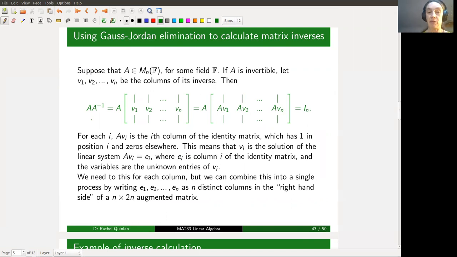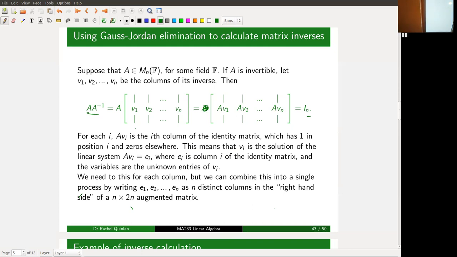And if the matrix is invertible, so if it has an inverse, then we can write down the columns of its inverse. So the matrix multiplied by its inverse, of course, would be the identity matrix. So here we have the product of the matrix with its inverse. Here we have the n by n identity matrix. And if we give the names v1, v2 down to vn to the columns of the inverse of A, considered as column vectors with entries in F or whatever it is,